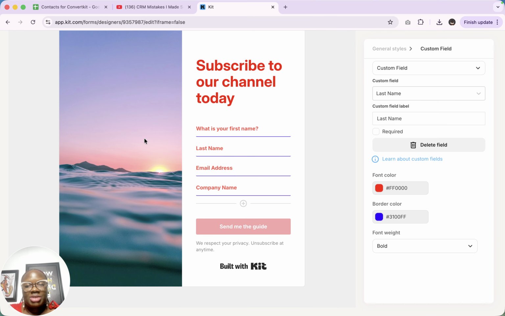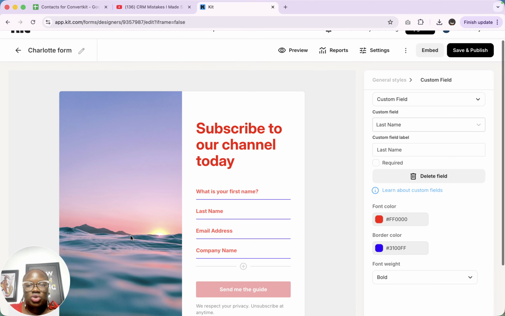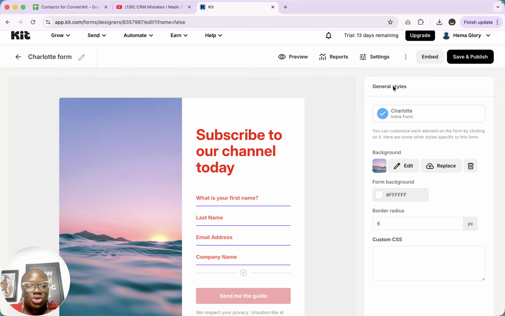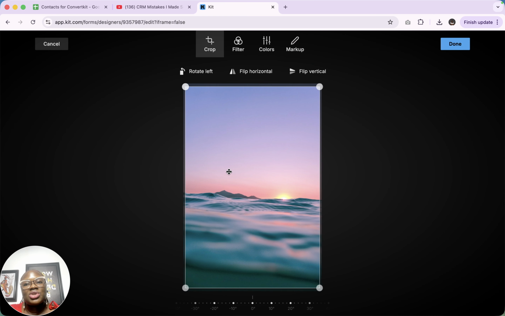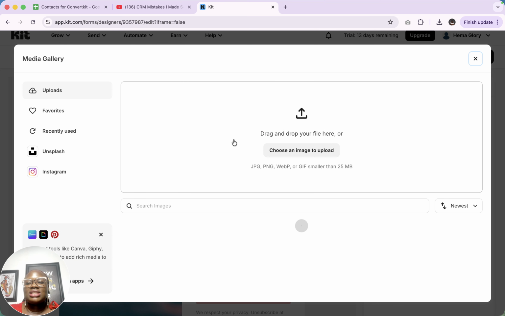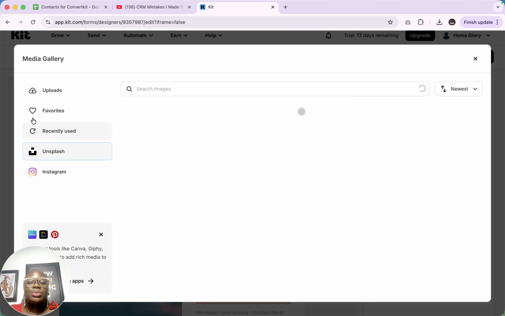For this image, we want to change it. You are just going to click on this. To change this image, you are going to come to the general style, and when you click on the general style, you can click on edit, and this is going to take you to the place where you can edit this image. But we do not want to edit the image, we want to change it. So we click on replace, and that is going to take us to this place where we can select